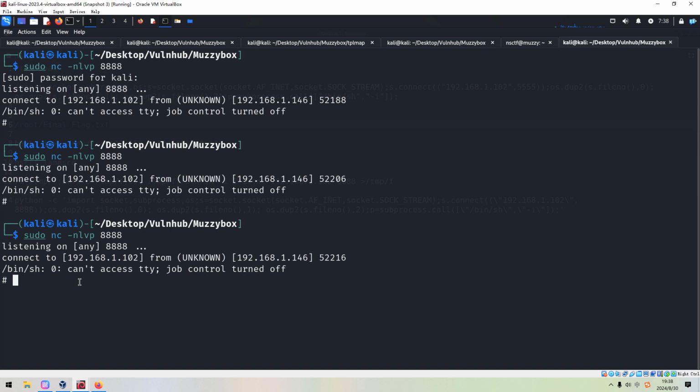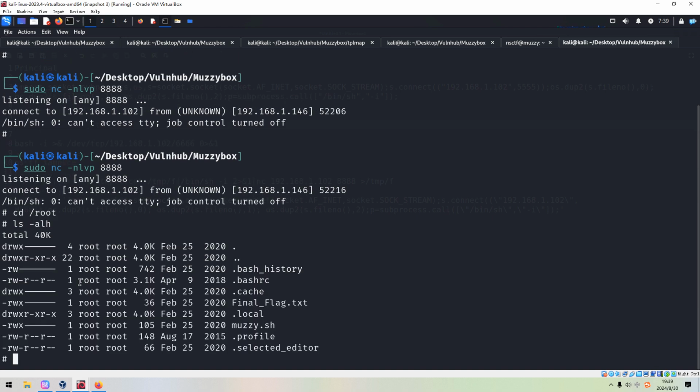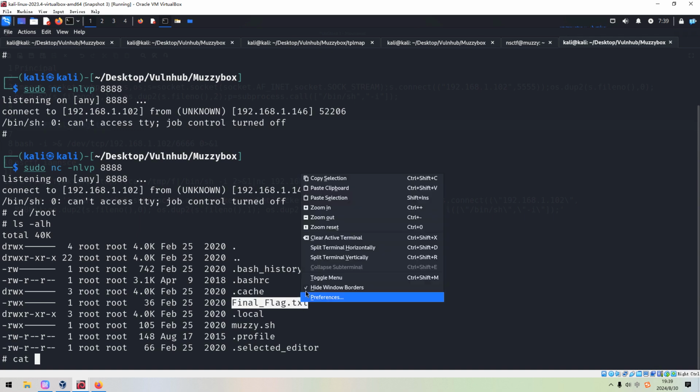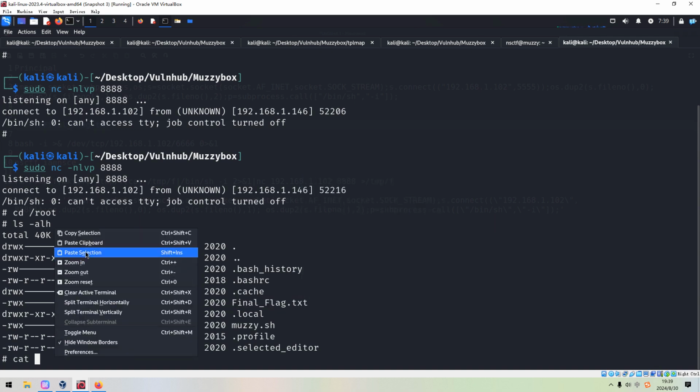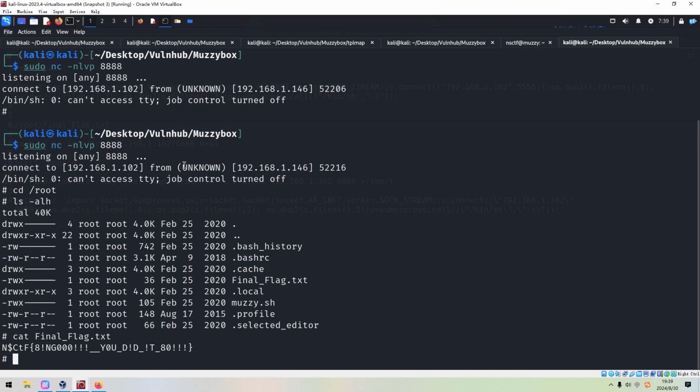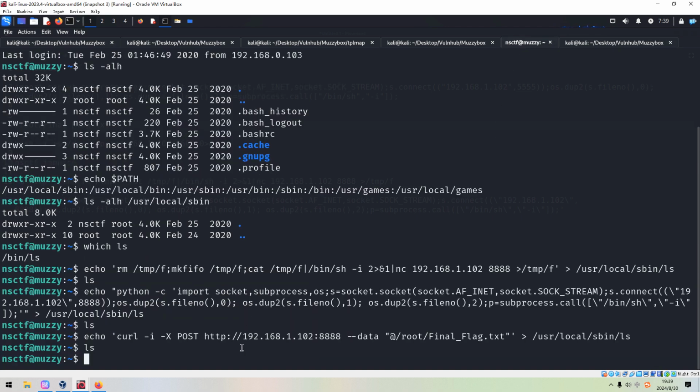Interesting. This time we got the connection. Very weird. Why? So interesting. I don't know why. As you can see, we successfully retrieved the final flag. But we can cat out this file.